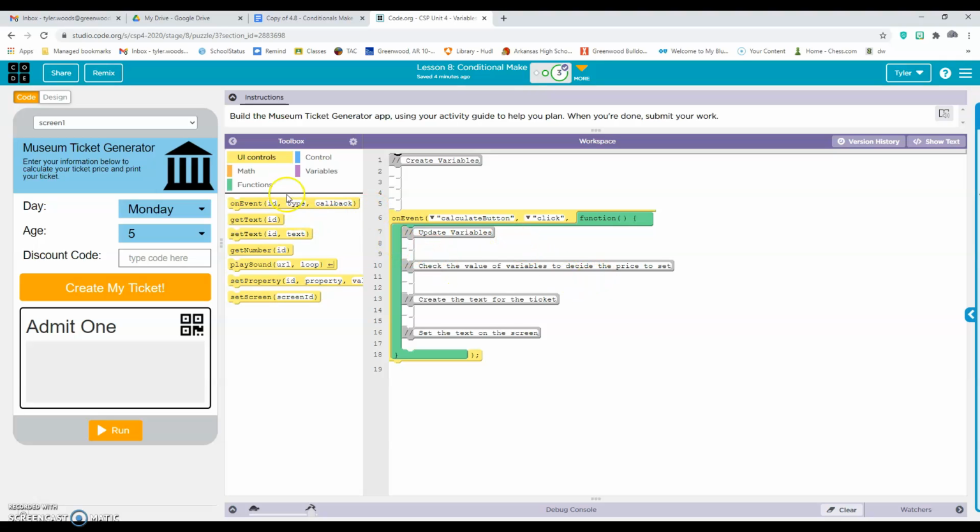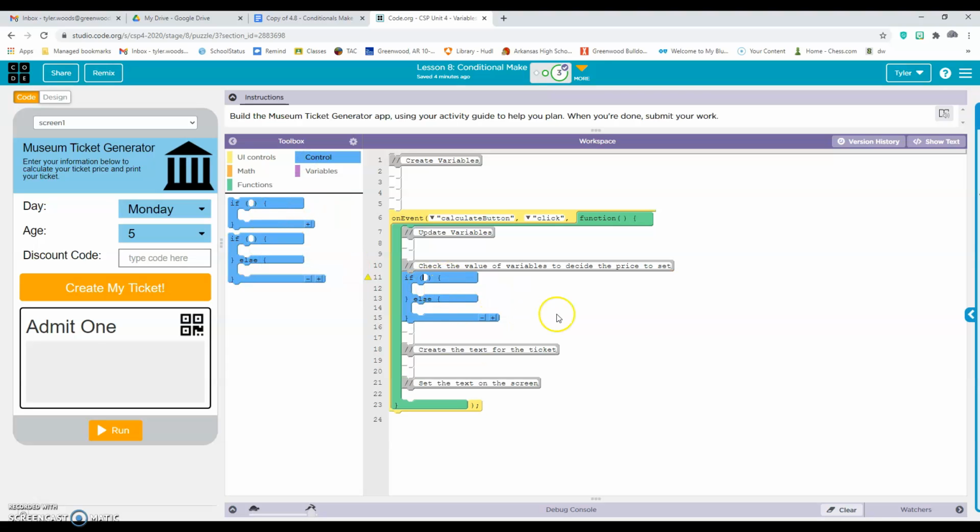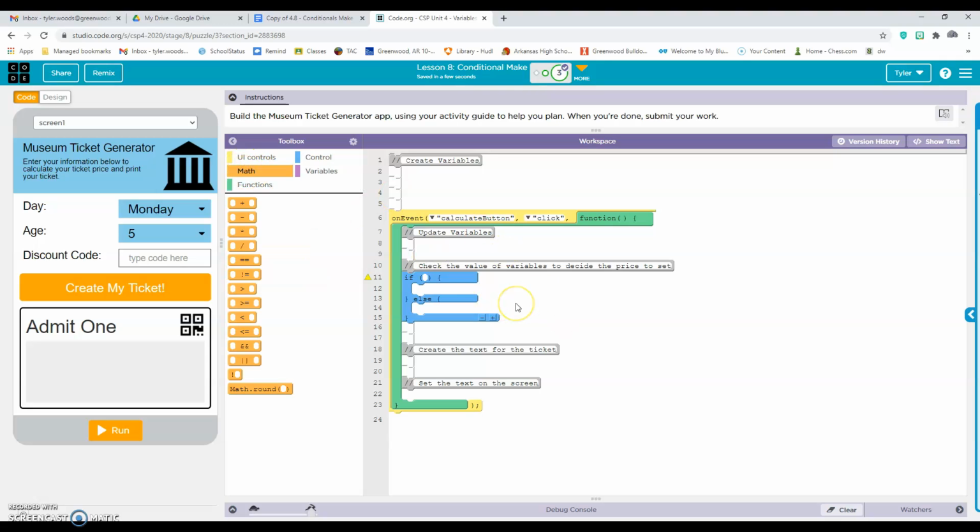The way you guys could do some of this is like this. You could say if it's, and you can type this stuff in if you can type it all, or you can go to the math, pull out the math. But if it's Monday, let's see why it's not typing. Monday, or actually we'll say if my variable day is equal to Monday, and